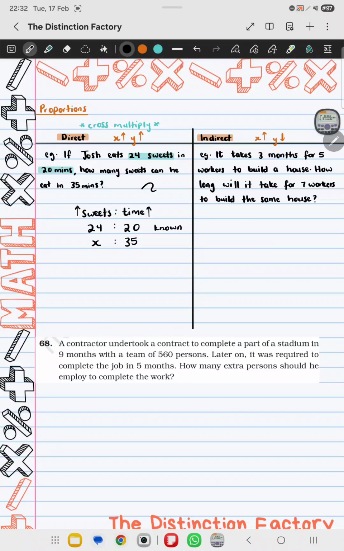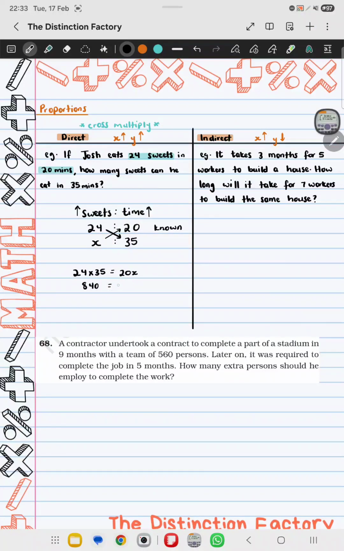So that means that I am going to be taking the 24 and multiplying it to what's directly across it, which is a 35. And that needs to equal to the X multiplied by directly opposite that, which is the 20. So 20 times X is 20X. And then we're going to solve for X as if it's an equation. So 24 times 35 gives us